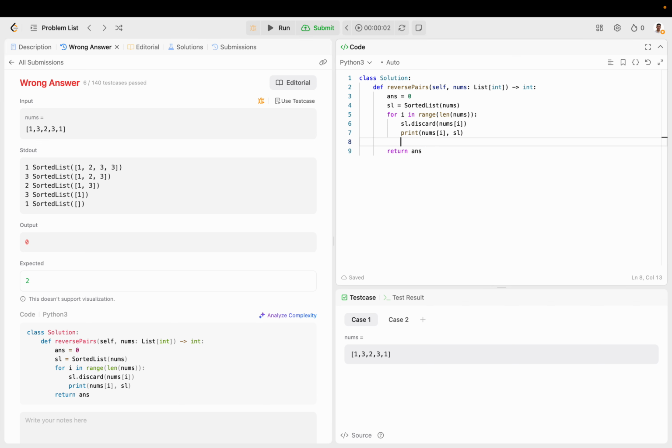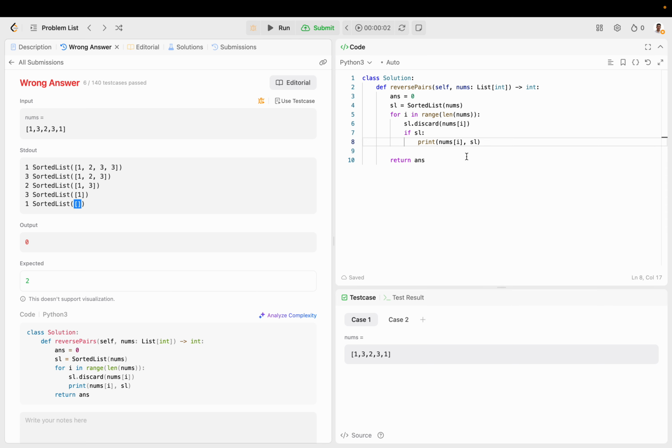And that makes it really easy, because what you can do now is just use a binary search to count how many pairs satisfy this condition. So for 1, obviously nothing times 2 is going to be less than it. Here it's just going to be 1. Here it's going to be nothing. Here it's just going to be 1. And if you don't have a sorted list, then you can't even do the binary search. So if not SL, then there are no complements to this number that satisfy the times 2 condition. Let's use binary search, with right as length of SL minus 1,